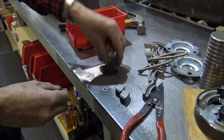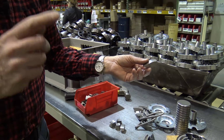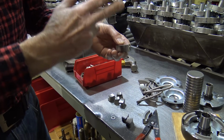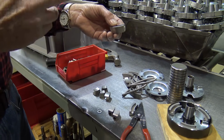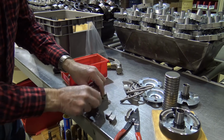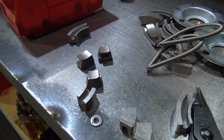I tell people when they're going to cut their shoes, you can cut a brand new shoe, but you cannot cut a used shoe. A brand new shoe is cuttable with a jigsaw, a Sawzall, or a bandsaw. Very easy to cut. So what I'm looking for, and what I also tell people to do, before you cut the shoe in half,